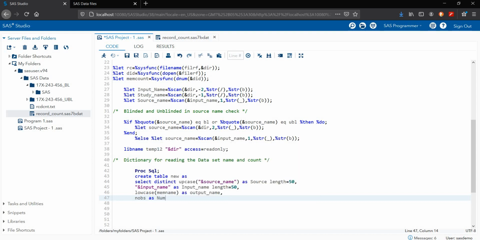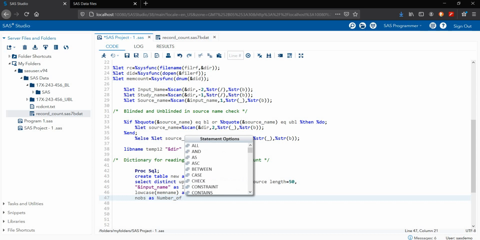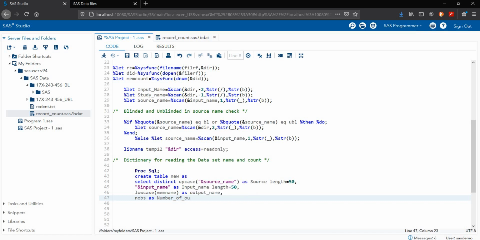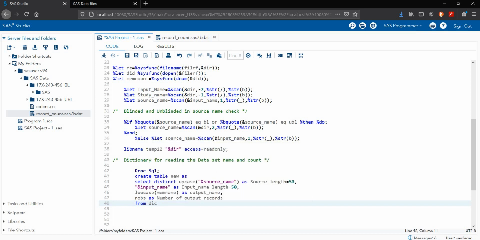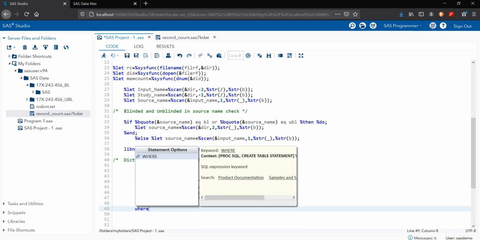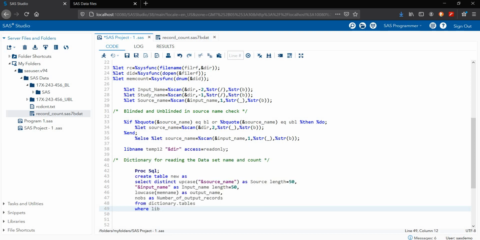So I'm declaring it as number of output records, from dictionary.tables, where libname is equal to temp12.